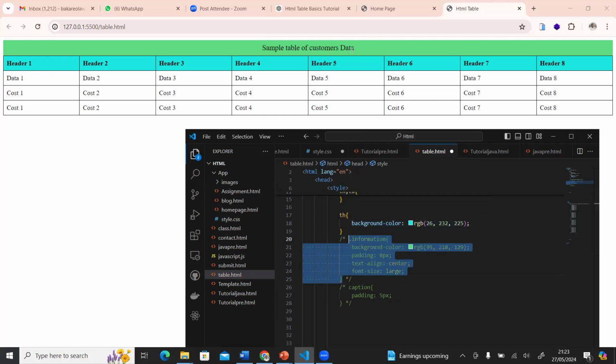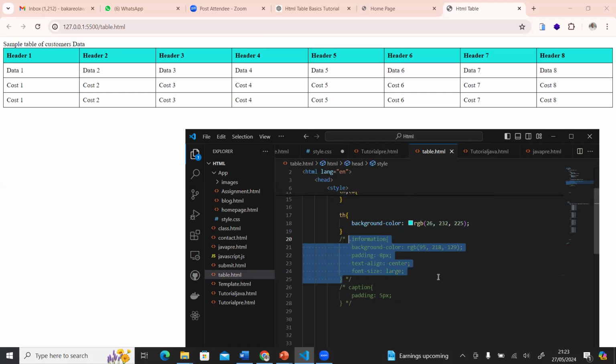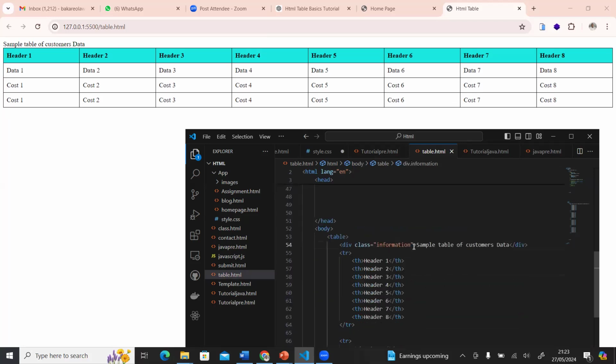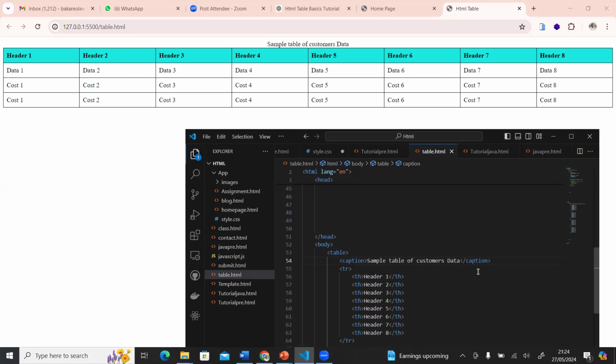Let me now comment it out and save it. I'm going to see normal table. And I now come back here. Make a div, look, caption. Save. Then the caption on its own is an inbuilt function. It centers the sentence straight because it is a caption. And any caption, anything called caption,